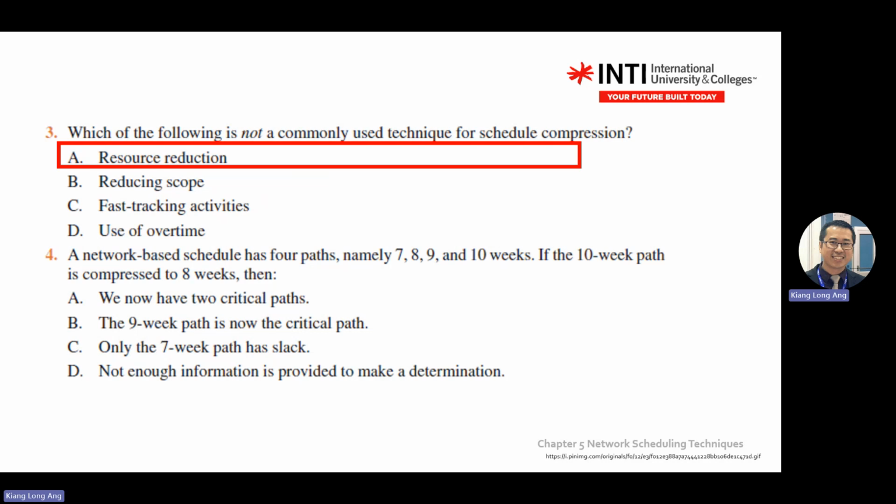Okay, this one, why is A? Because it asks you about schedule compression. When you do network, you don't consider resources. You only talk about time, right? So network-based schedule have 4 paths, 7, 8, 9, 10 weeks. If the 10-week path is compressed to 8 weeks, then